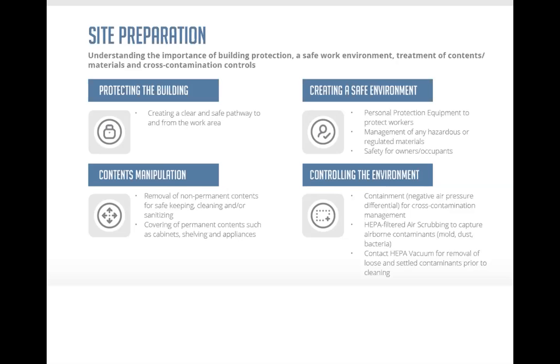And then the final thing is controlling the environment. Explain containment, build value in exactly what it is that you do. You, as a remediation professional, are paid for your time and your labor, and to not go through these points is to leave money on the table and risk business to people who don't do it to the degree that you do. So you want to talk about the importance of containment, negative air pressure differentials, and how that impacts